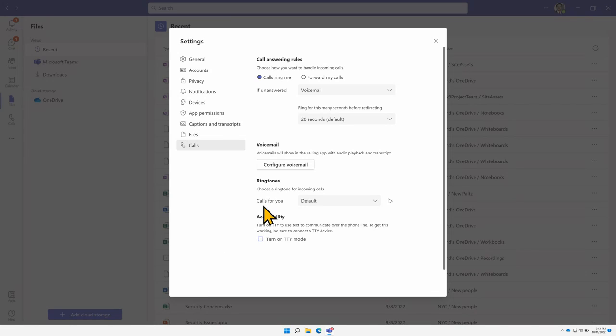Besides your voicemail, the first option that you have here is what you want to do when someone calls you. By default, it's going to call you, so you're going to receive a notification, and if you don't answer, it's going to hit your voicemail. But you can change that. Maybe you don't want it to go to the voicemail, or perhaps you want to forward the call